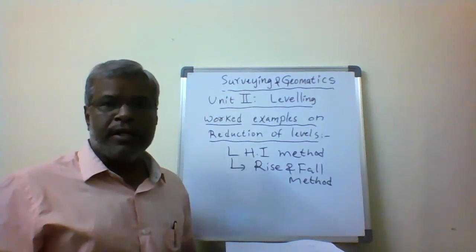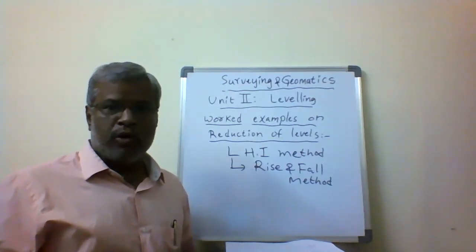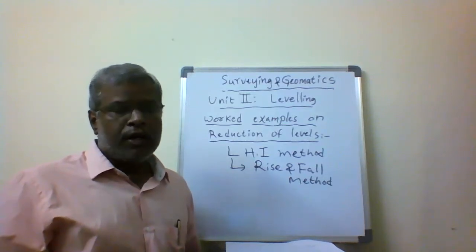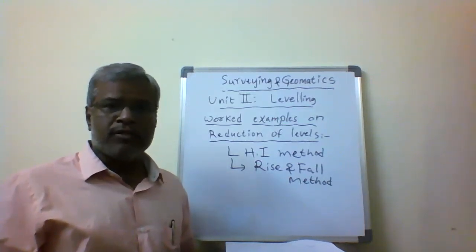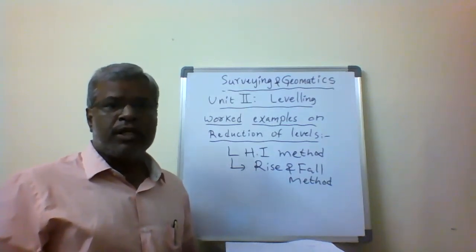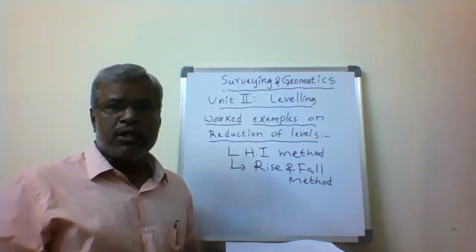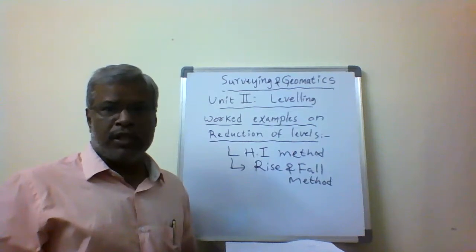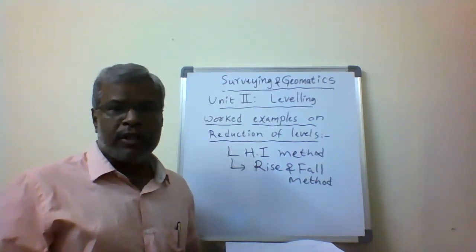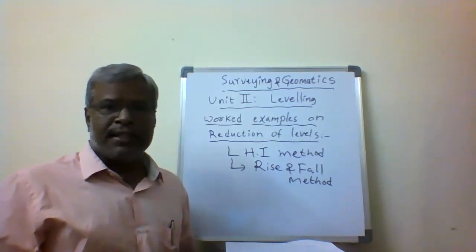To evaluate the reduced level, or the elevations of the points, we take the staff readings using the leveling instrument. I want to calculate the elevation, the reduced level. Always we have to take the staff readings using the leveling instrument. The staff reading does not directly give the elevation or reduced level. We reduce it with respect to the benchmark or the known elevation, and then we are able to get the reduced level or the elevation. How are we able to find the elevation of the points? By using the height of instrument method, or line of collimation method, and the second is called the rise and fall method.